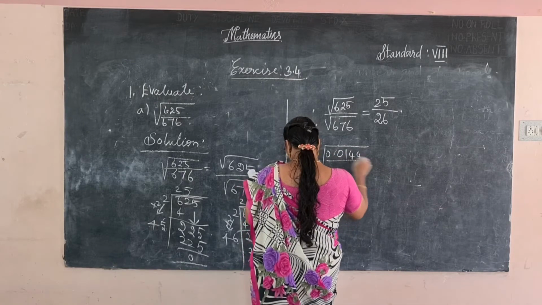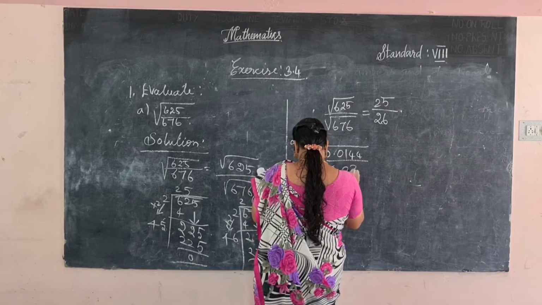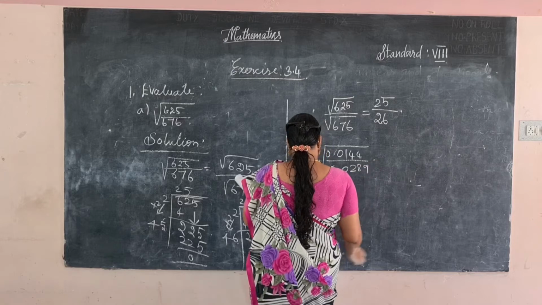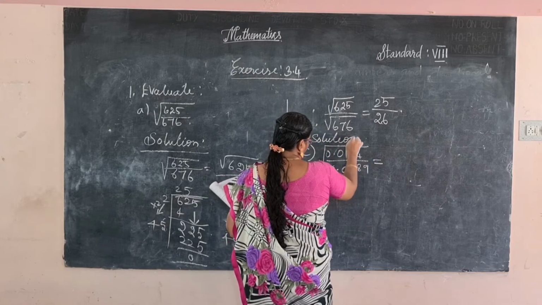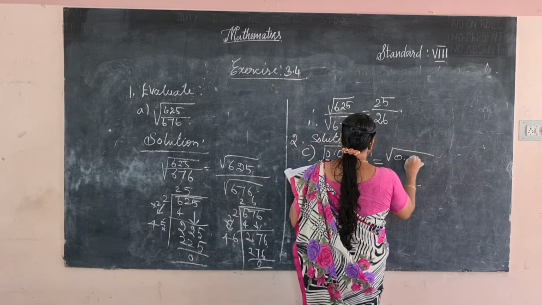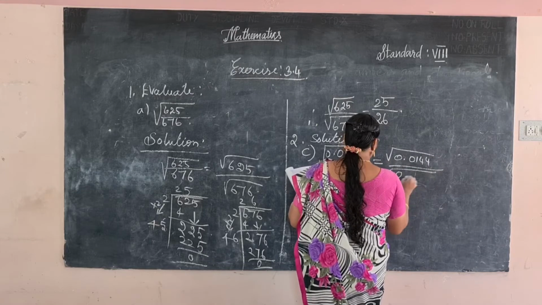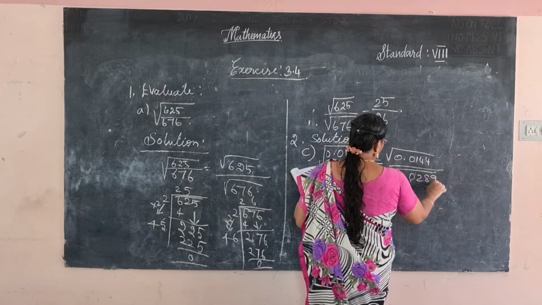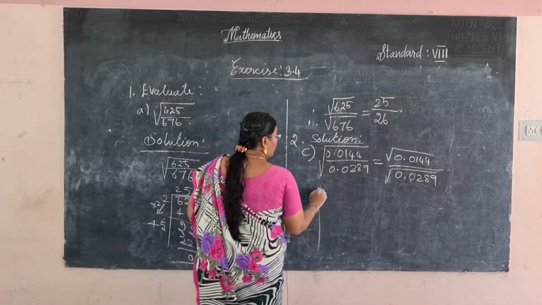0.0144 by 0.0289 is given. Okay, it can be written as the square root of 0.0144 divided by the square root of 0.0289. Now find out the value of